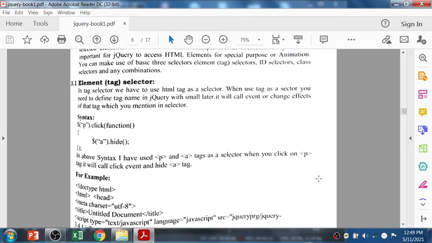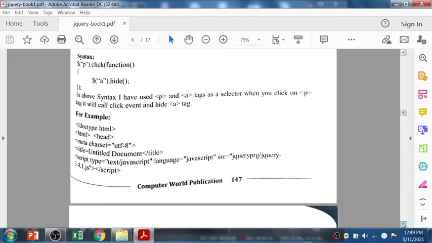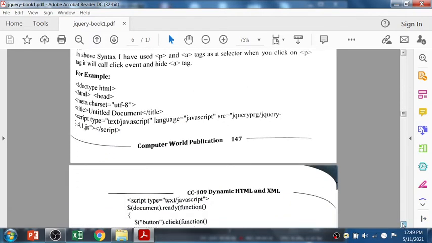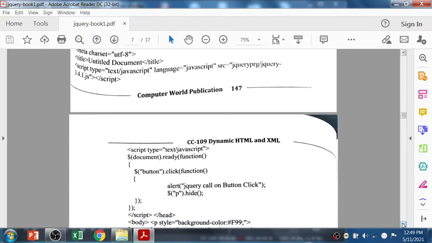When you click on the paragraph area, you can hide the anchor tag element.